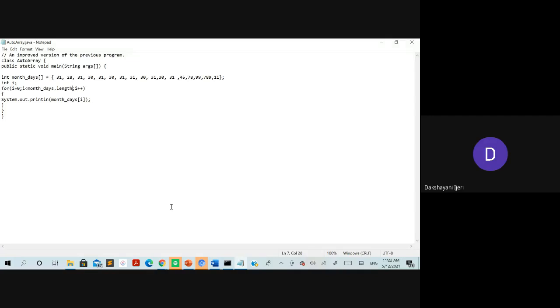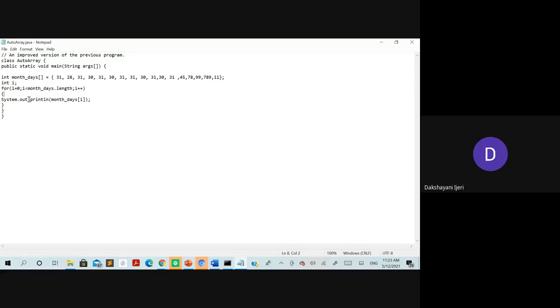It hardly takes only 2 minutes of time. It's not that big a problem over here. At least you people understood about this program. So everyone is clear about it, right? So why I have shown you this example is to tell you how you'll be able to access the elements.